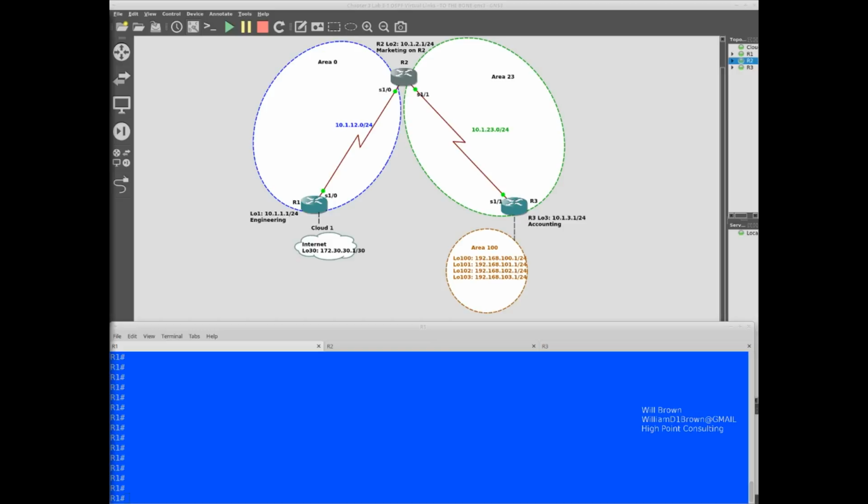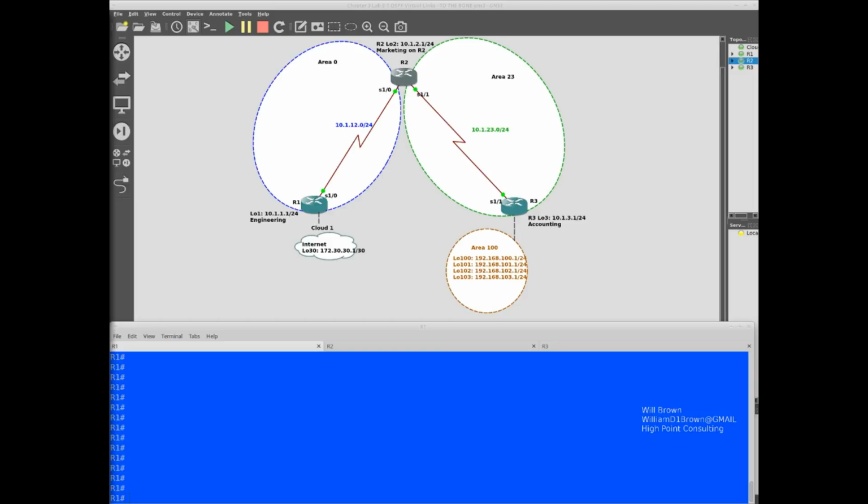It is an extremely robust routing protocol, and the capacity of OSPF is magical. And part of the magic with OSPF is that it is a completely open standard.